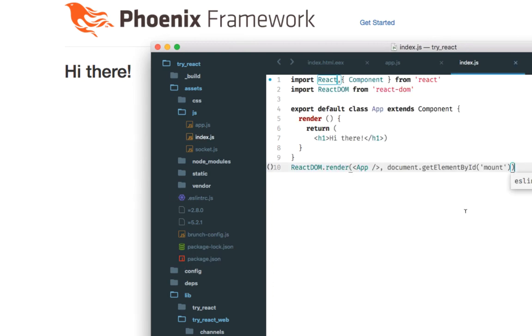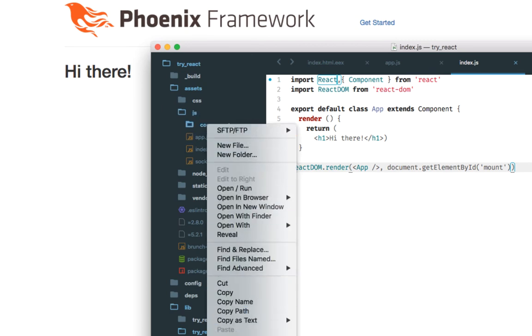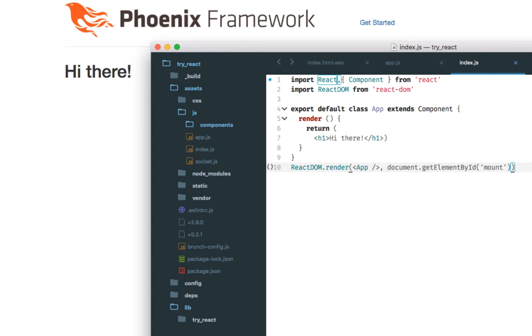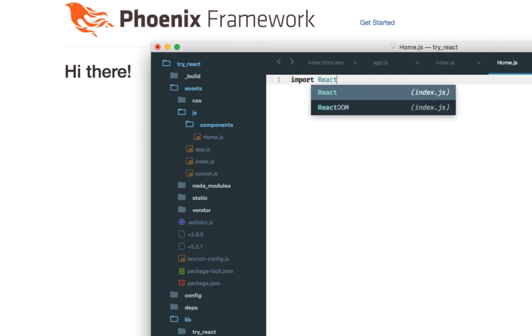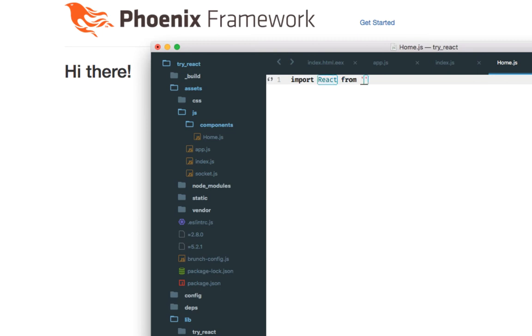If we want to continue building like this, we can create a new folder called components, and in there we can create a component, let's say a file called home.js. This will import React from React, and we can do a functional component. We can use ES6 syntax to create an arrow function and then